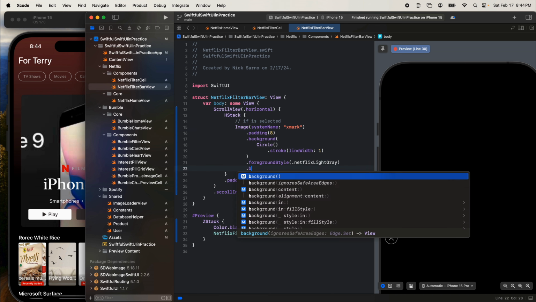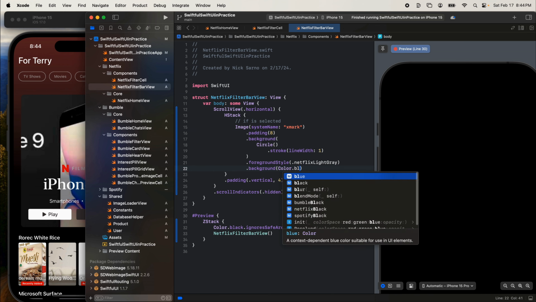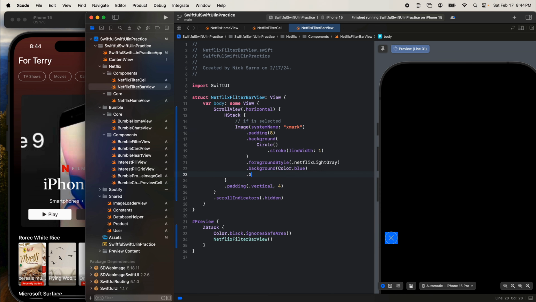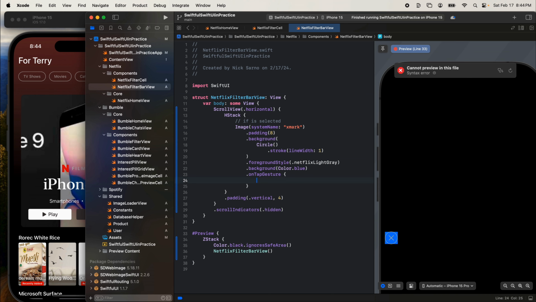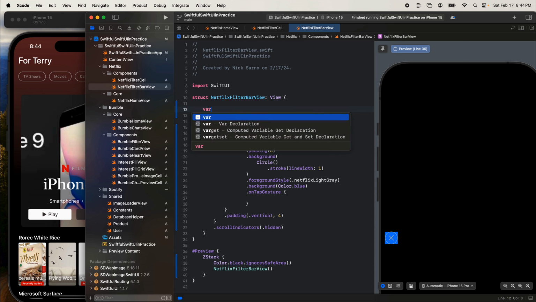On this circle, I'm going to add a background of color.blue so we can see what we're working with. And then I'm going to add an on tap gesture. And this will be on if we click the X mark. So up here, pass in a function called